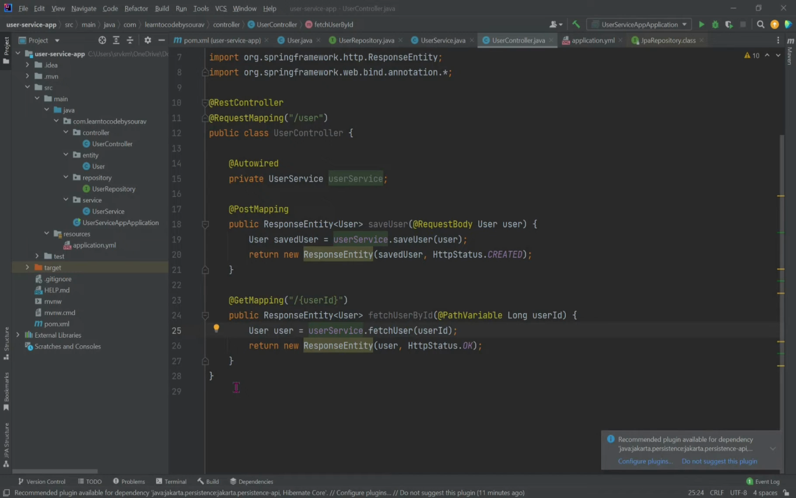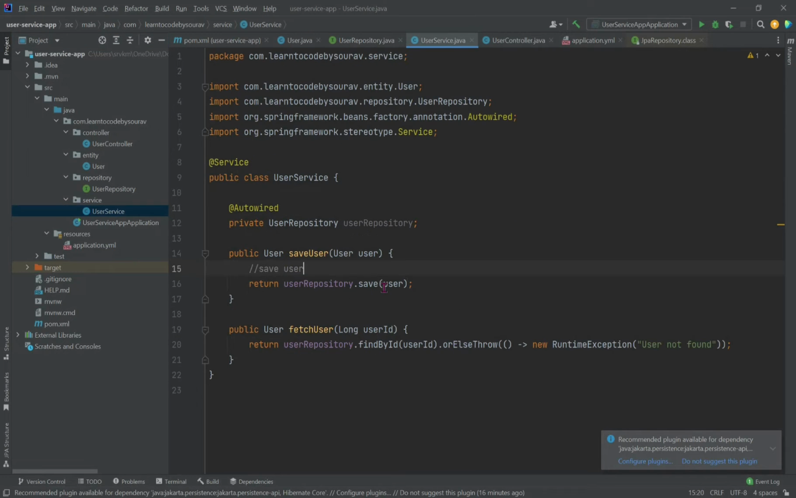Now let's start with the video. Let's start by creating a method to get all users from the database in the service layer. Go to the service class. Below this fetch user logic, create another method, public